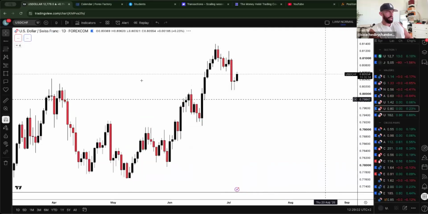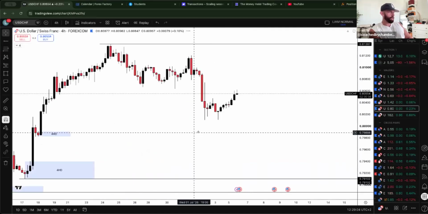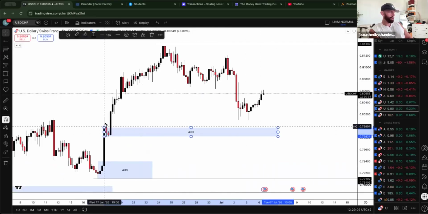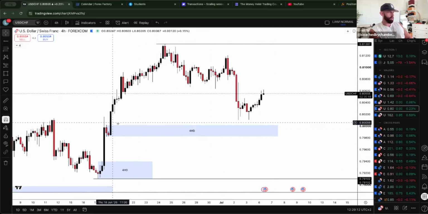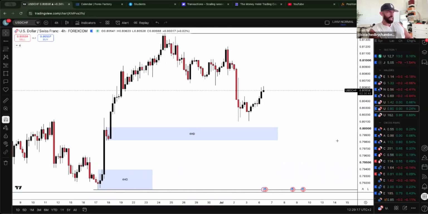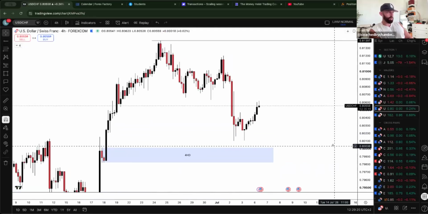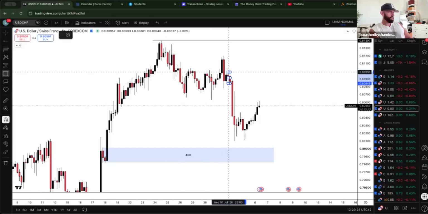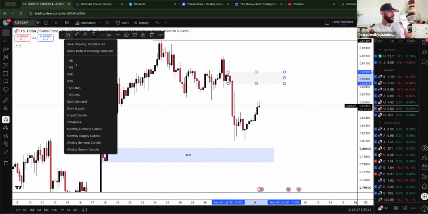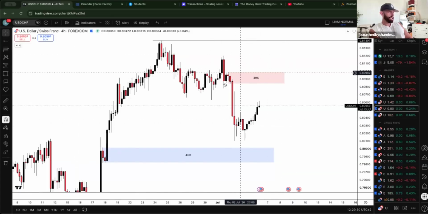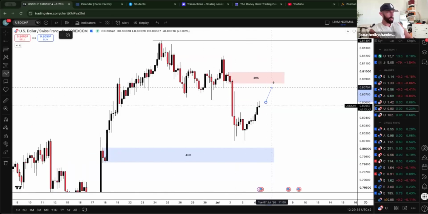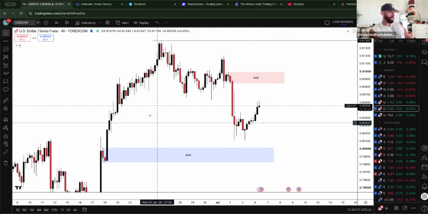So with that, jumping into the 4 hour, you can see that we've not reacted, for me anyway, from any valid area of 4 hour demand. We pretty much just come into this imbalance above and start to move away. So for me, it's not something that I'm looking for. If we do get the market coming to around this 4 hour supply area, inside of that daily supply, that could be where the market does carry on shorting if the dollar does the same. So yeah, hopefully that makes sense.